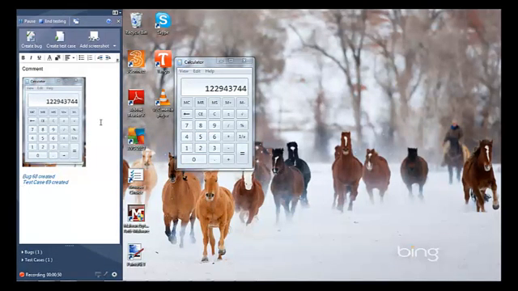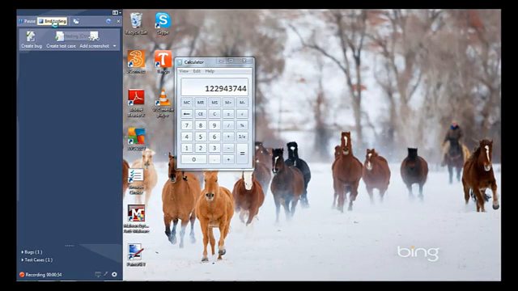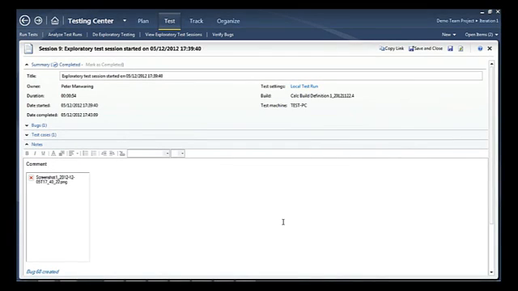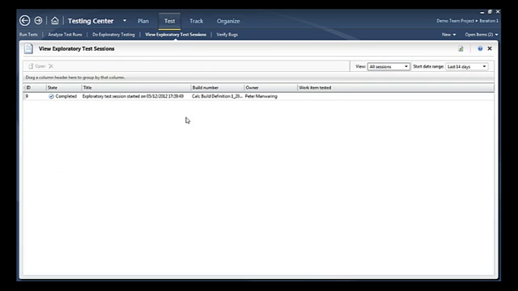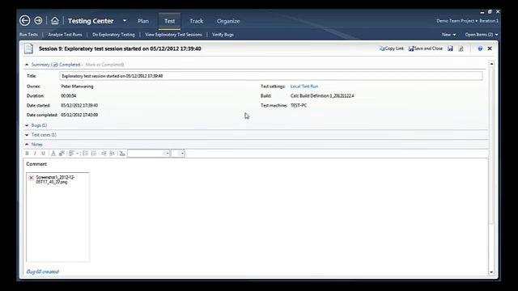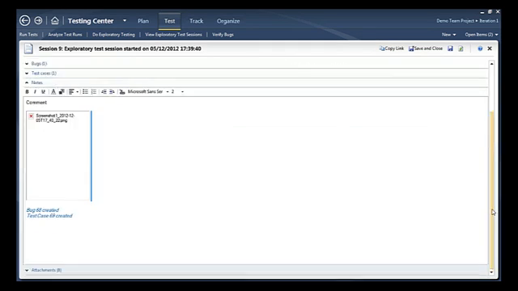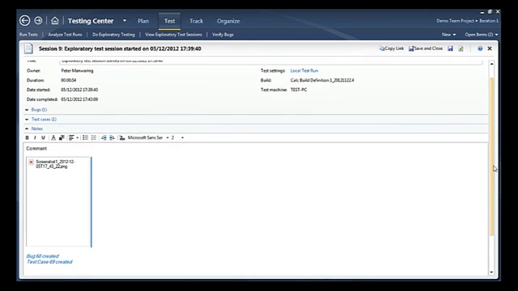Okay, so now that I've got my bug and a test case, I can end my testing session. Okay, and once you've done some exploratory testing, you can view your testing sessions, and here's the one we just made. So we can take a look at that, and that has got the testing session that I just made and some details about it and what I did. So there's a record of the sessions there,